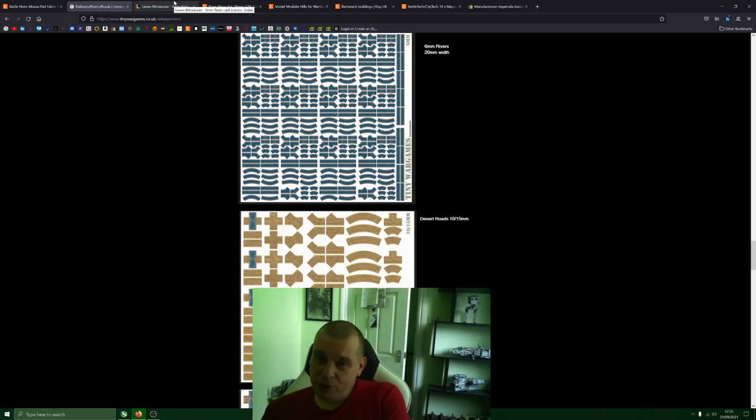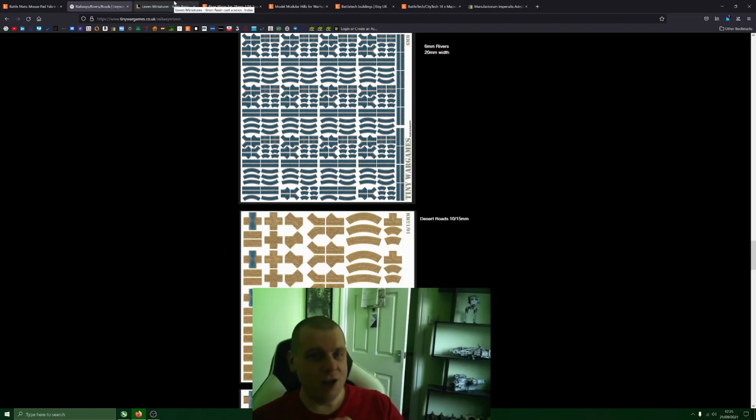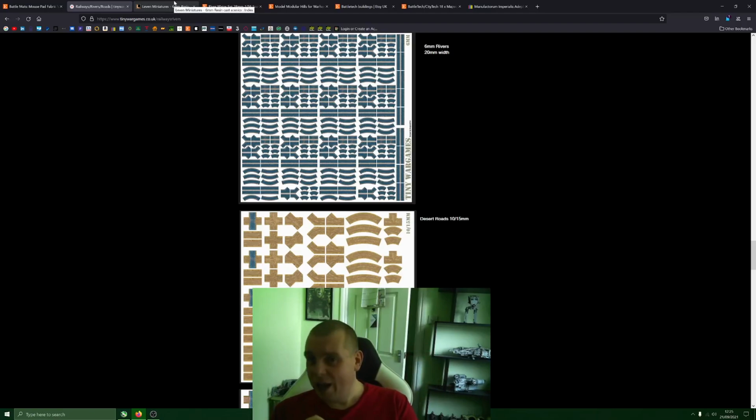Next up, you've got your roads on the map now, you need some buildings. Now, buildings you can quite easily make your own. I don't make anything myself. I have zero intention of ever making any terrain because it just doesn't appeal to me. I don't mind painting terrain, I don't mind putting terrain together, but I just know that I will